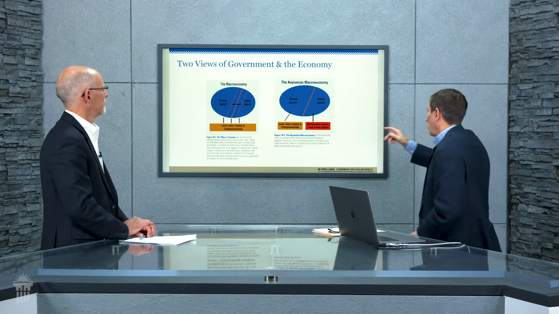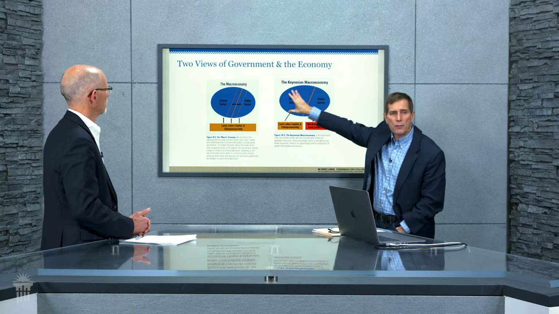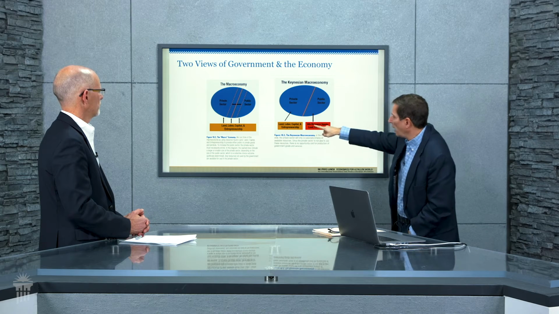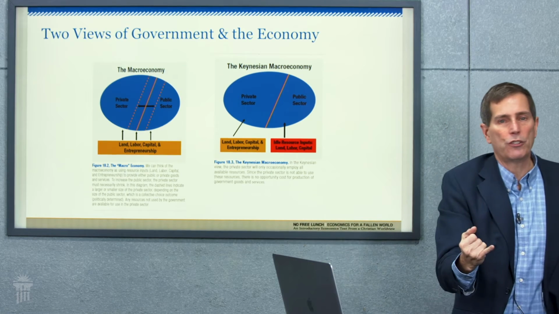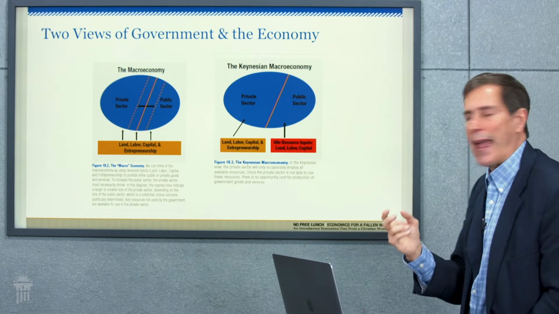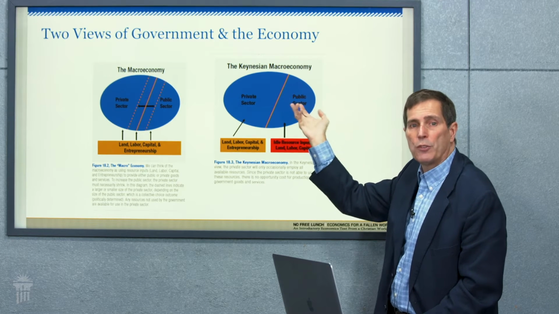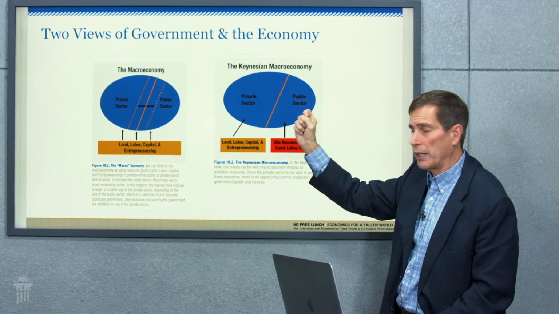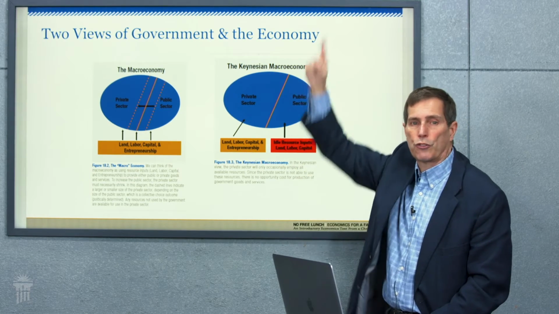So let's go over and look on the right-hand side. This would be the Keynesian view. And you've got a public sector and a private sector again. But notice our land, labor, capital, and entrepreneurship that's being used by the private sector. In the Keynesian world, there's a whole bunch of idle resource inputs that are out there. There are factories that are empty. There are people that are unemployed. And if we can just have the government spend to hire these idle resources, then when they get jobs and get this purchasing power, they'll be able to buy goods from the private sector with the money that's created. That will stimulate this sector and get it going again. It's going to be kind of a virtuous circle up.